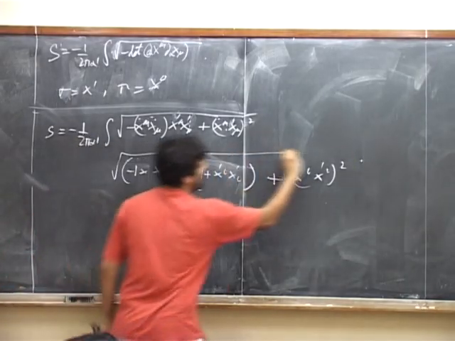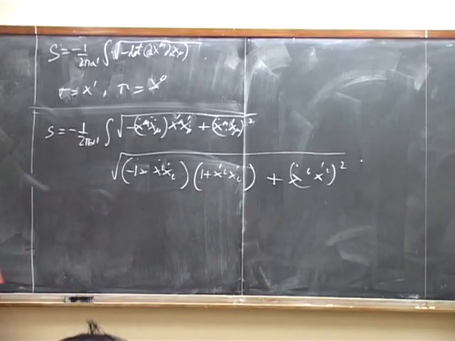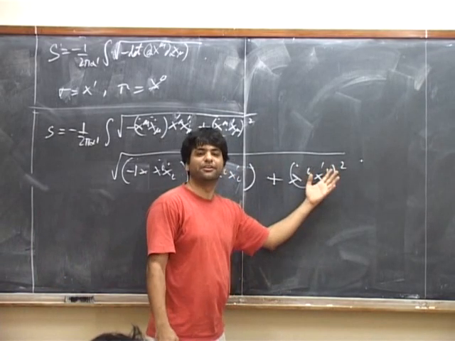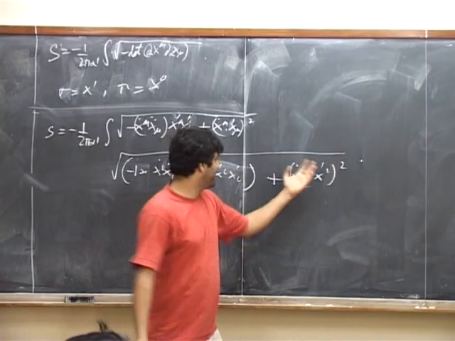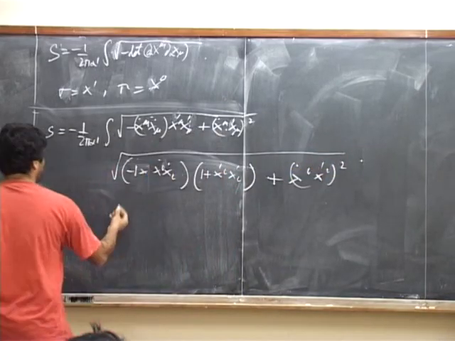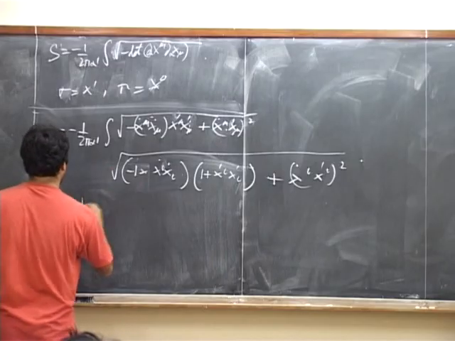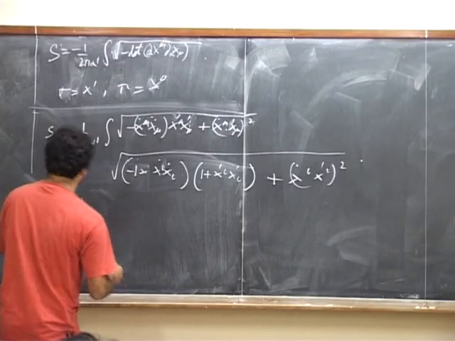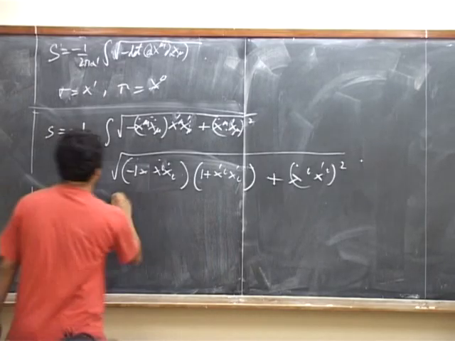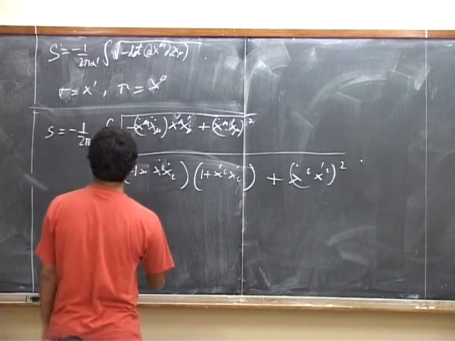So this is an exact rewriting of the expression, making no assumptions. Now you see that this thing is quadratic. To quadratic order, we can forget about the rest. To quadratic order, what do we get? We get 1 by 2 pi alpha prime. Then because we're doing quadratic order, we get a half from the square root. And we get the integral of